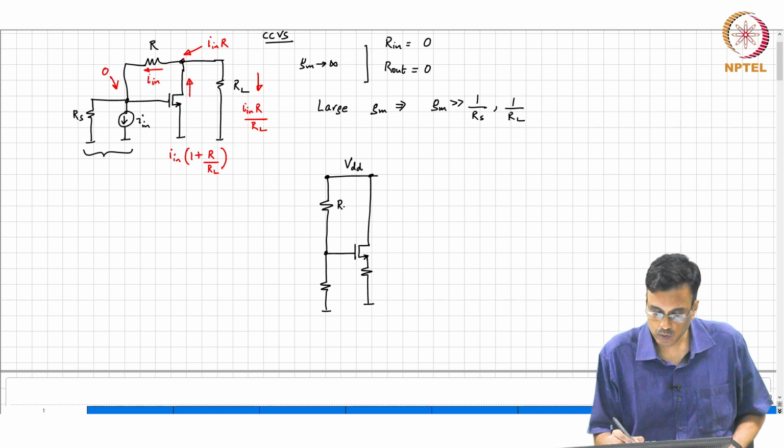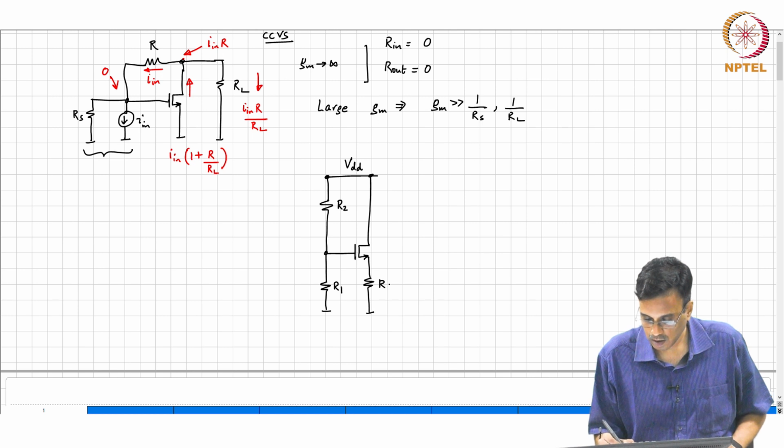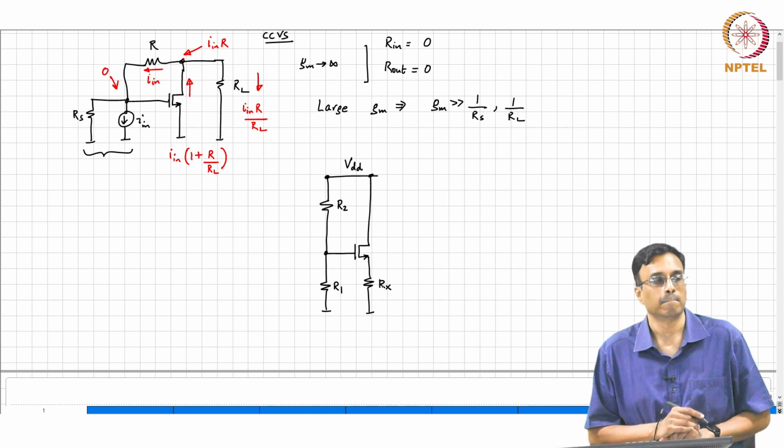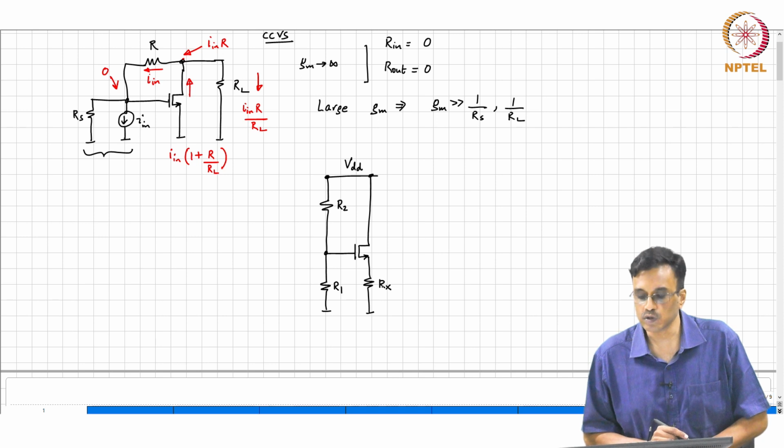So, this is R2, this is R1, and this is some Rx. And the job of Rx is to reduce the,